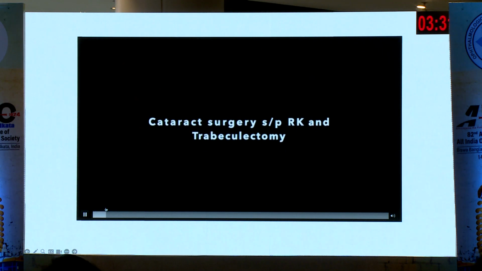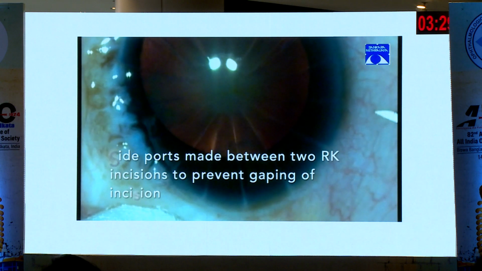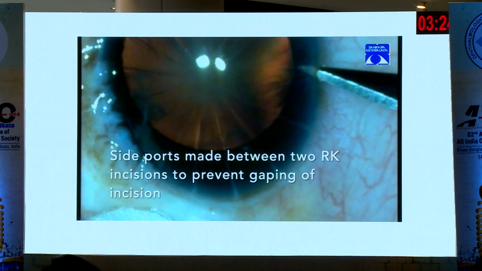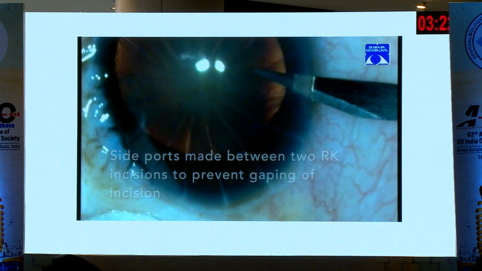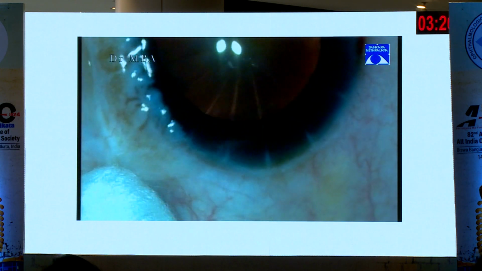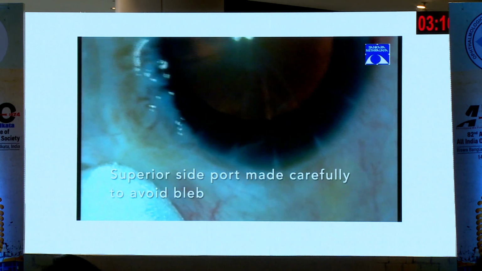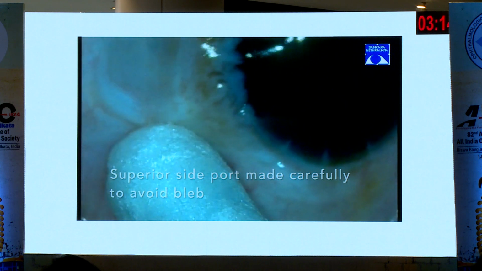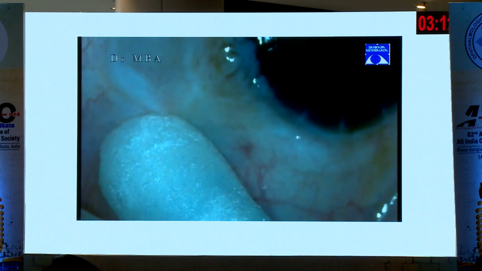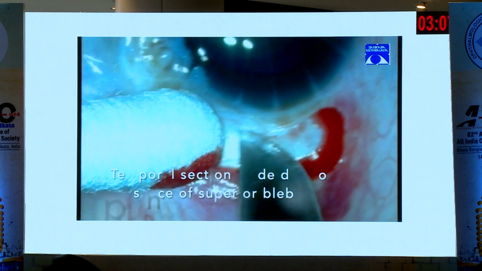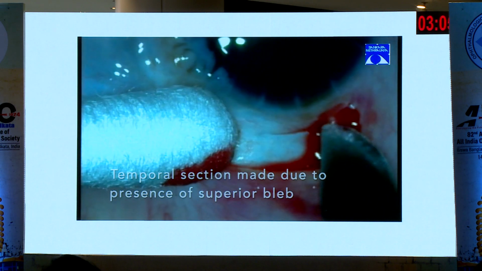So this is a cataract surgery in an RK. So you can see the multiple number of cuts. It's a lot, but you need to really plan your incision width so that you don't extend into any of your RK marks. This patient also had a trab, so the space that you're working with also reduces. Once your incisions are made, the difficult part is primarily the calculation and the incision. So once these two are done,